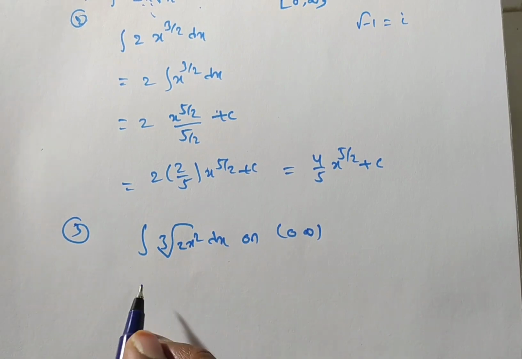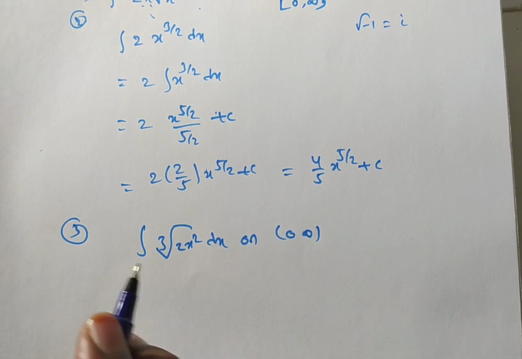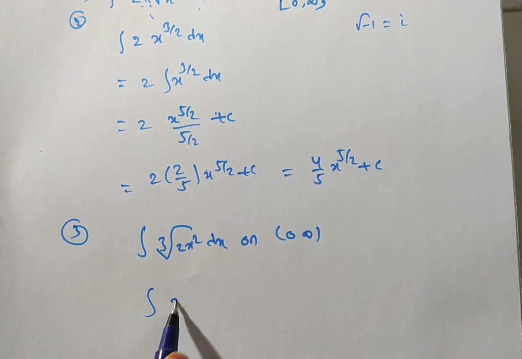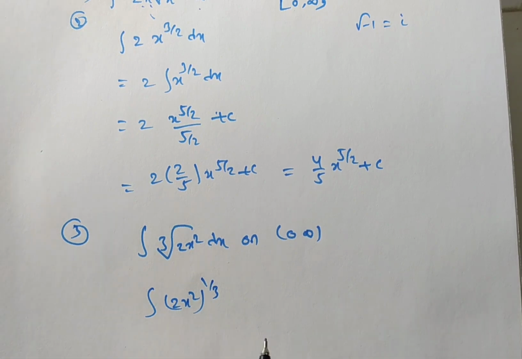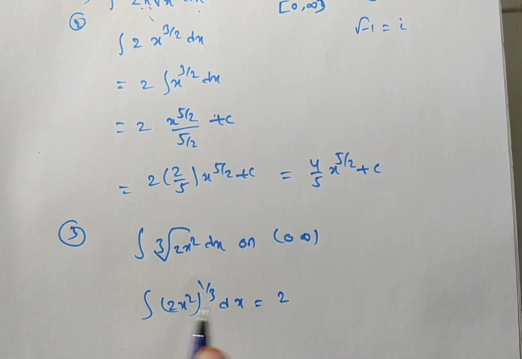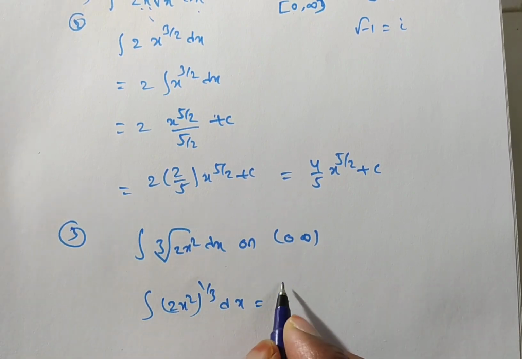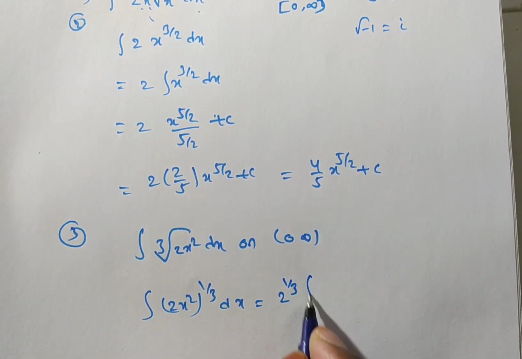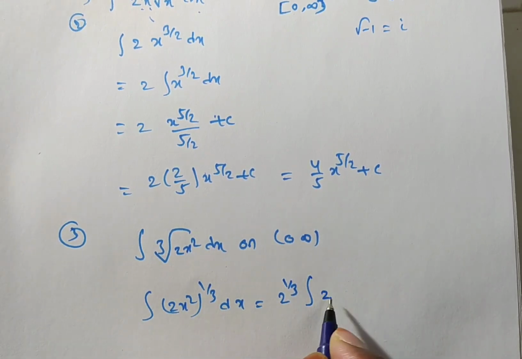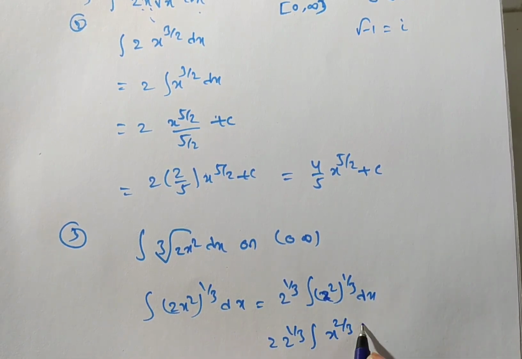In this case, you see the given function is not in the standard form x to the power of n. So we have to convert it into x to the power of n form. So you can write the integral of 2x square whole to the power of 1 by 3 dx. Here a constant is there. From the linearity property, you can write this as 2 taken outside, but here (ab) whole power n is equal to a power n into b power n. So 1 by 3 also will come outside as a power n form. The integral of next b power n, that is x square whole power 1 by 3 dx. You can write 2 to the power of 1 by 3 integral of x power 2 by 3 dx.